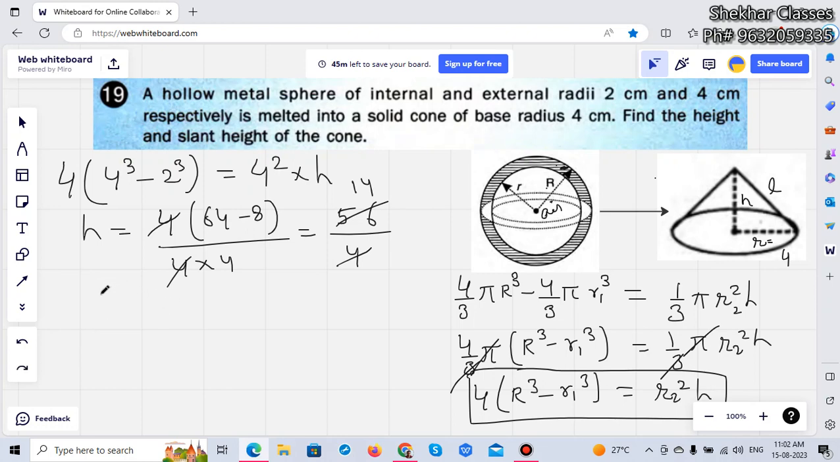14 centimeter. So what is the h in it? H is this one, 14. Now we have to get L also in it. We have got one of the answers, we have to get L. So how to get L in it? We know that L square is